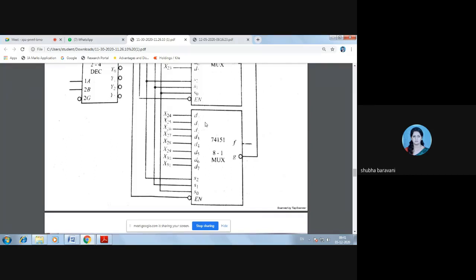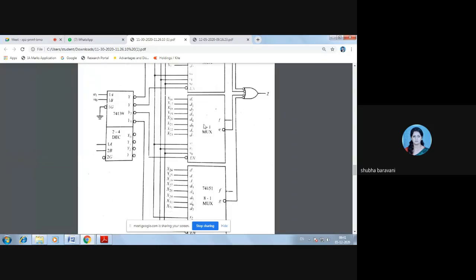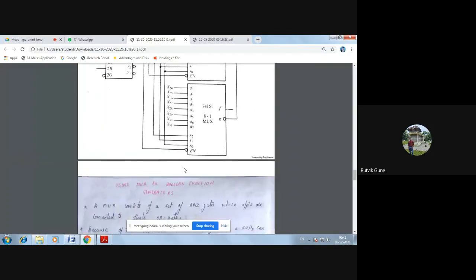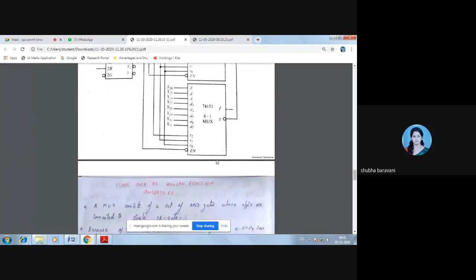See, last class we had done comparators. Yesterday we finished with the comparators. But before that we had left the multiplexers, so the multiplexers will continue today. Up till here we had done. Is there any doubt up till here? No, ma'am. Okay, right. So now we'll continue the important part here.